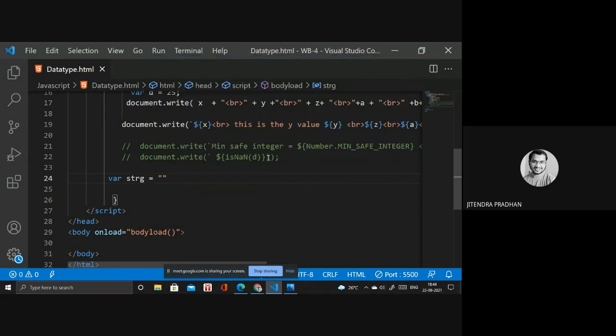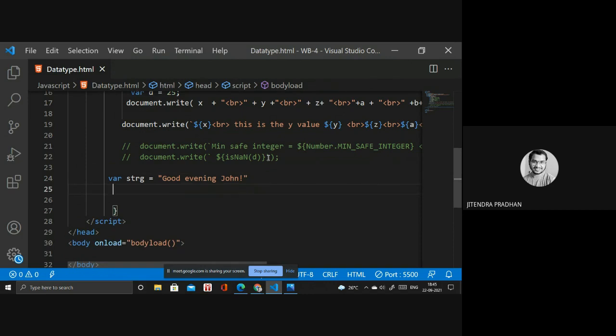Inside I will write welcome to new day, good evening. Okay, this is my string. I want to access the string by using charAt.